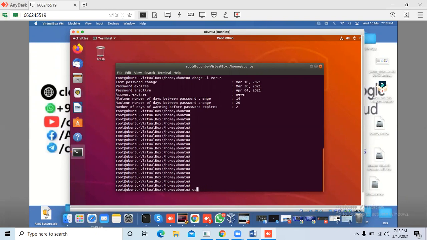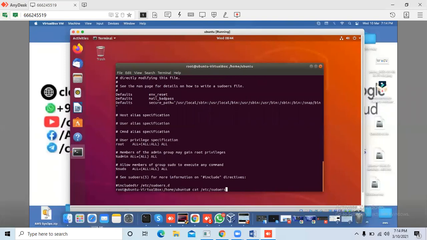Let's look at something more advanced. There is one file, cat /etc/sudoers, the sudo file. All sudo users we can include in this file, like: allow members of group sudo to execute any command.